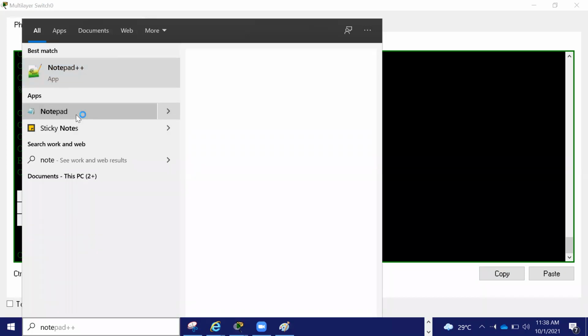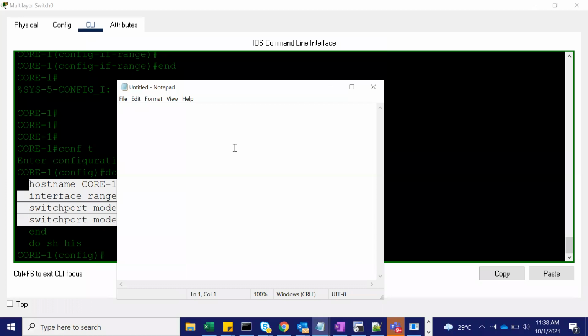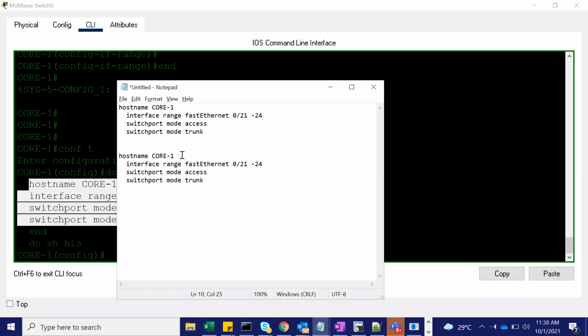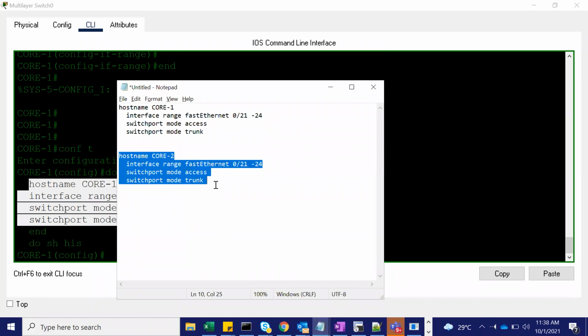I can use Notepad and keep it here. See, core 1. So I can again copy this command and just change it. The other will be my core 2 and the rest are all the same, right? So I will copy this back.